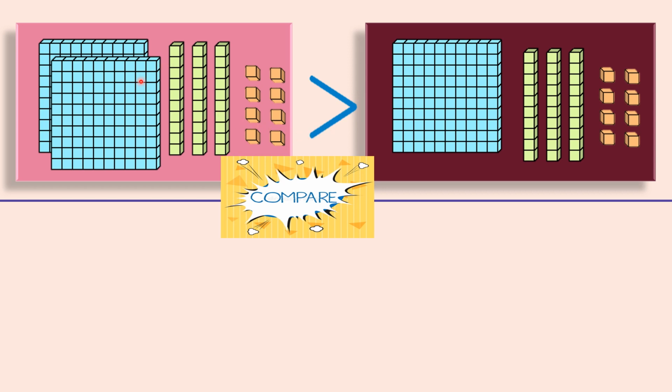Let's write the numbers for this. 2 hundreds, 3 groups of 10 and 8 ones. 238, and the next one, 1 group of 100, 3 groups of 10s and 8 ones. What did we do here exactly? We have compared only the hundreds because that is the highest one. As hundreds blocks are more in the first number, that will be bigger. Let's see another one.